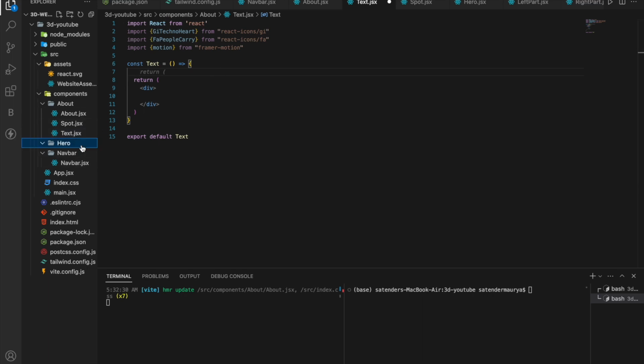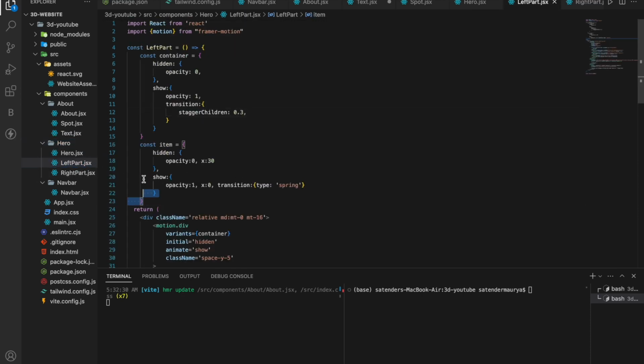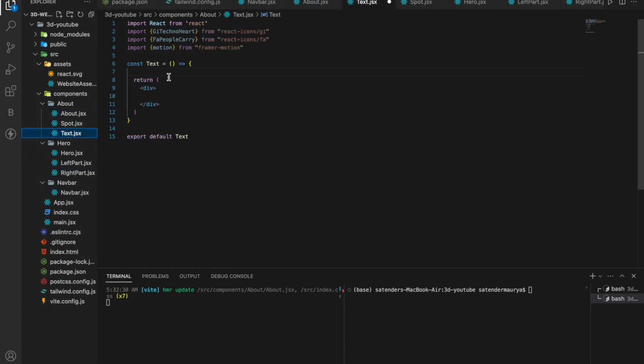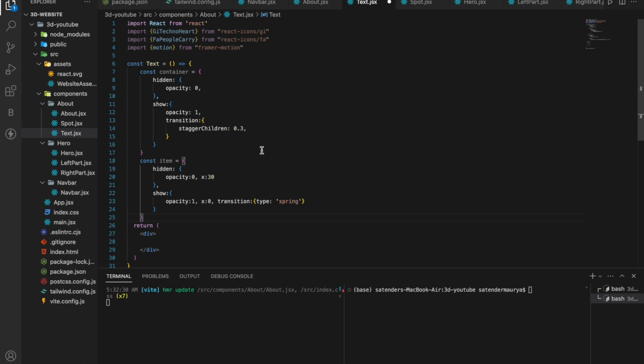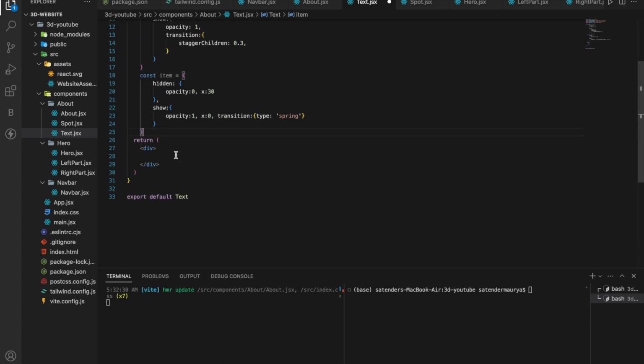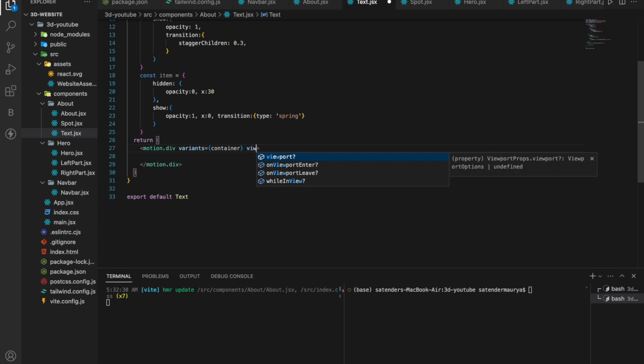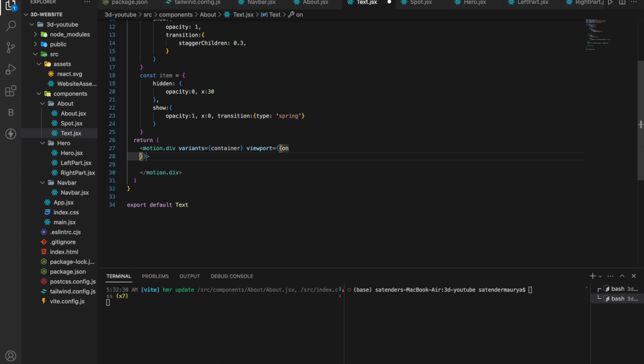So go to the hero section and then the left part and copy this, and go to the text and paste here. So these two we are going to use again. And now here change this to motion div, and viewport